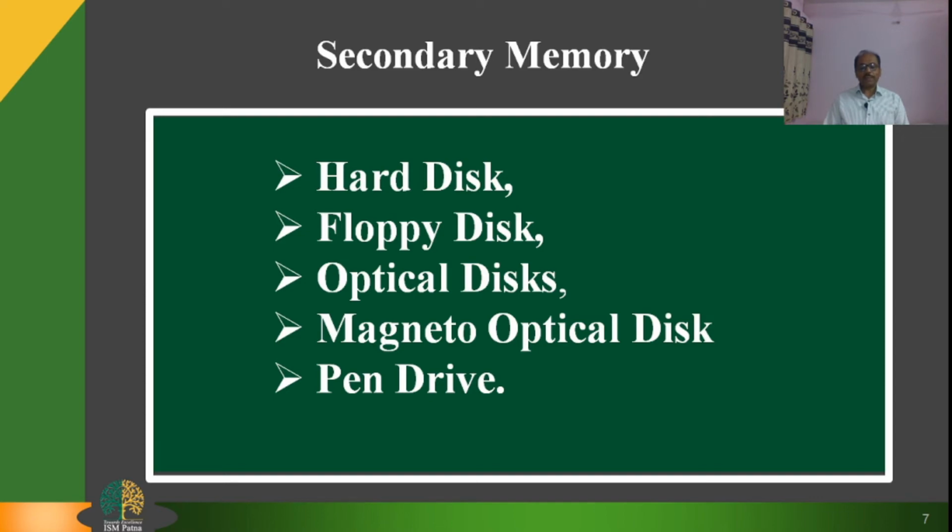The next disk is the floppy disk, which nowadays has become obsolete. Flexible disks were the most popular secondary storage medium used in microcomputers. The floppy disk is made to rotate at a speed of 300 revolutions per minute and more. The read-write head is in contact with the spinning disk. Nowadays, it has gone.